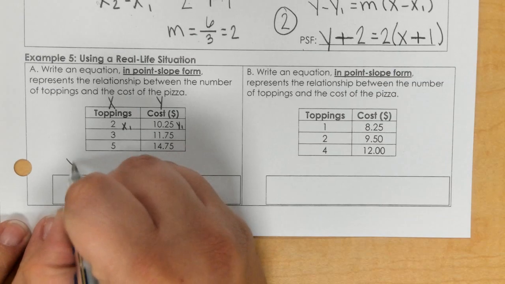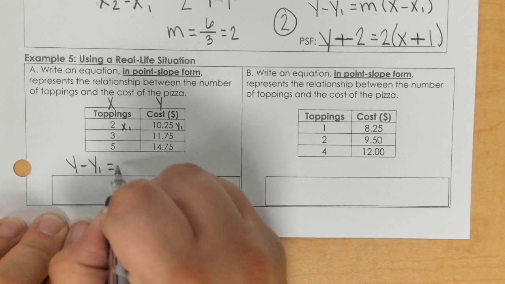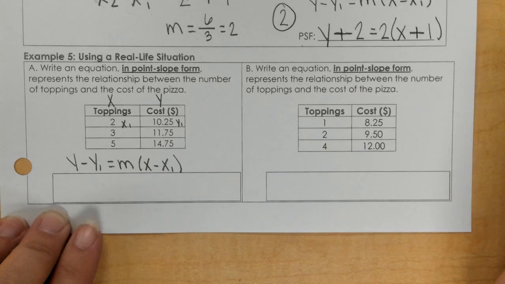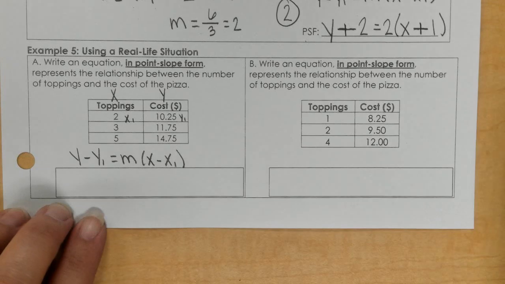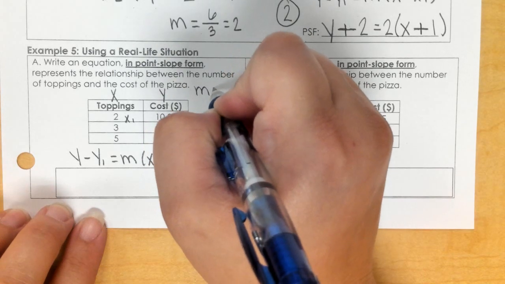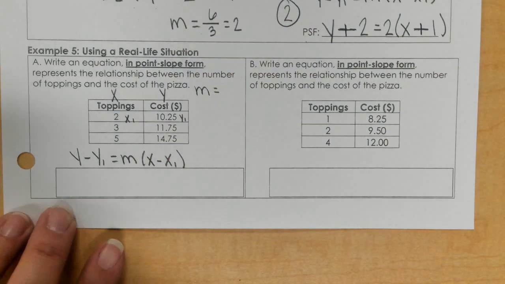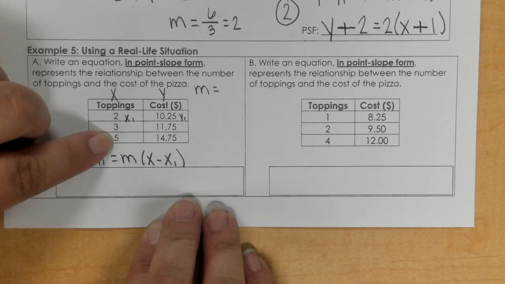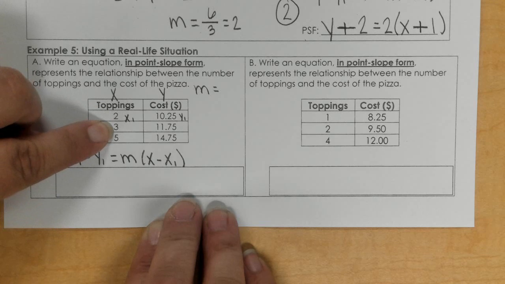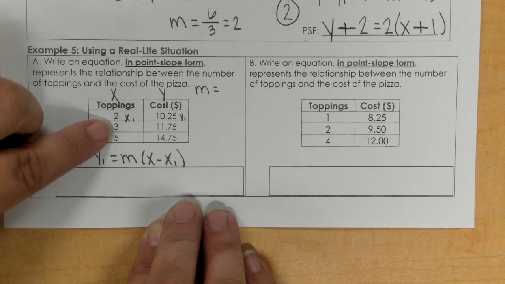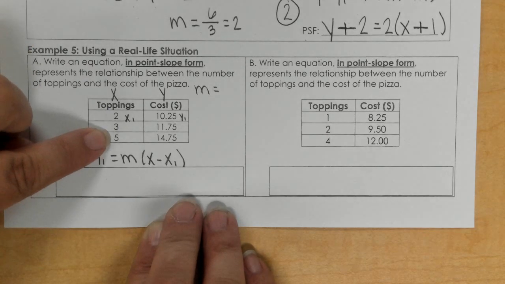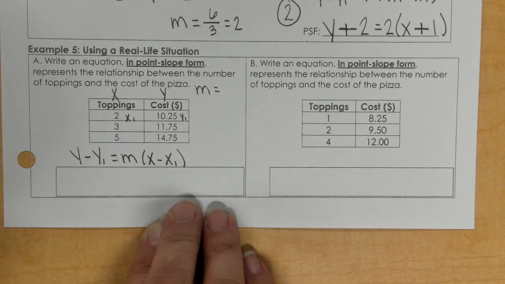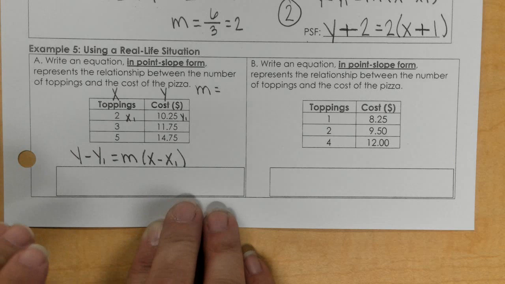Okay, here's our formula. So then to find the slope, you find the two numbers that are consecutive over here. Okay, well 2 and 3 are consecutive because they're right next to each other. 3 and 5 are not consecutive because you skipped 4. So if I had 3, 4, that would be consecutive, but 3 to 5 is not consecutive, not next